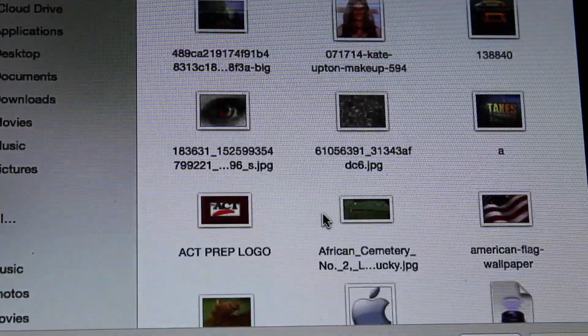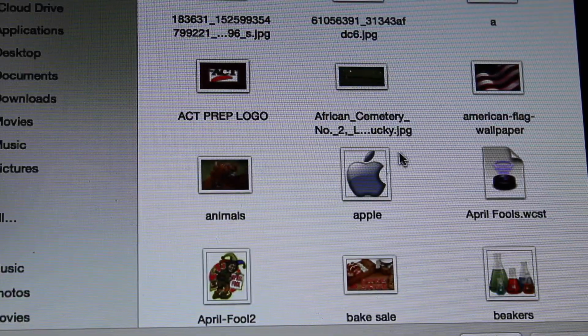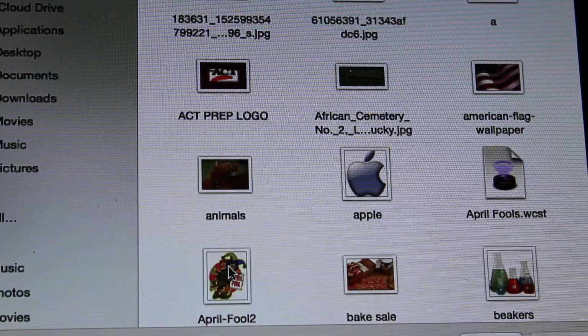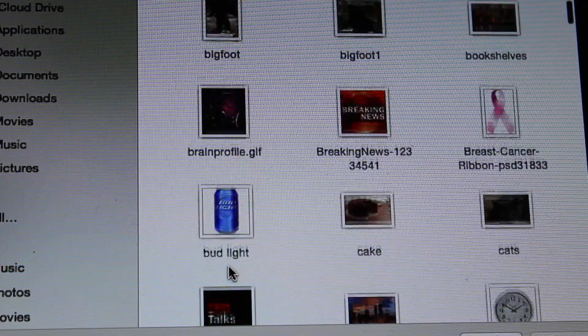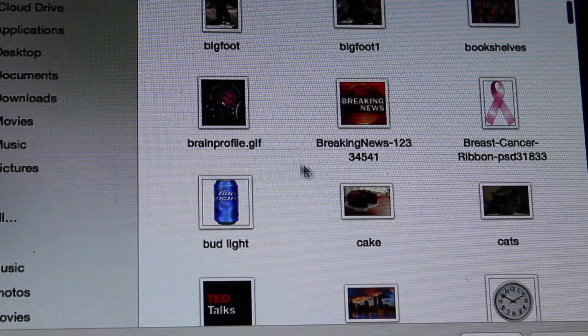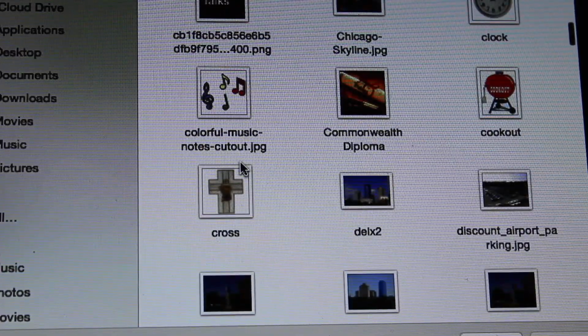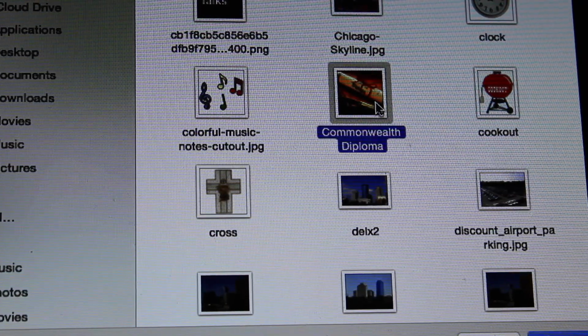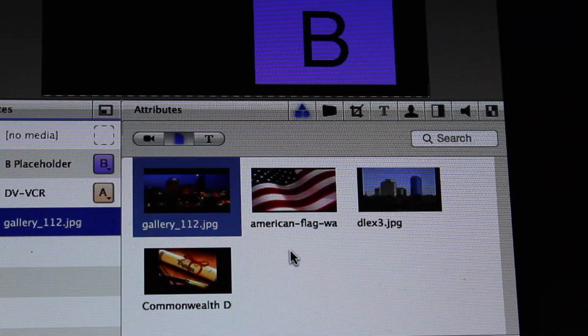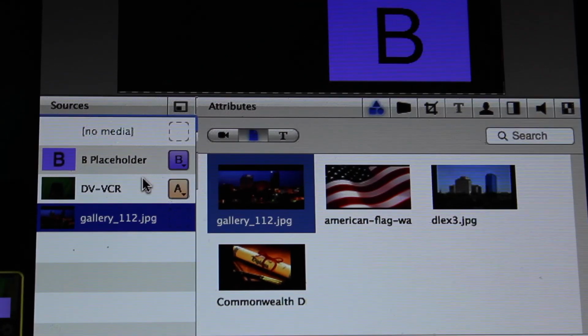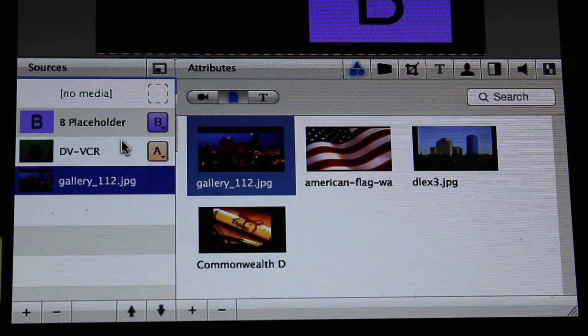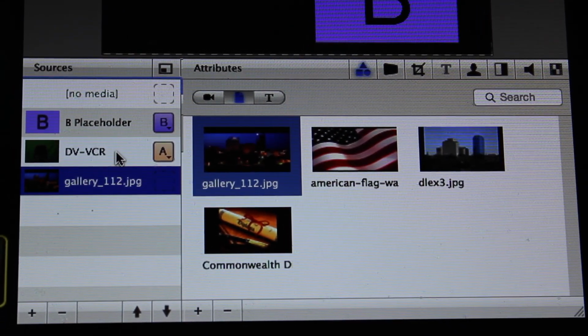add another one. Okay, so again, there was a plus sign. I clicked on the plus sign, and then I'm going to scroll through. It'll take me to all my nice pictures here, and I like this one, so I'm going to choose that one as my background. Alright, now you're saying, Mr. Behler, we still can't see that. Yes, I know. So we got to go up to the next one,